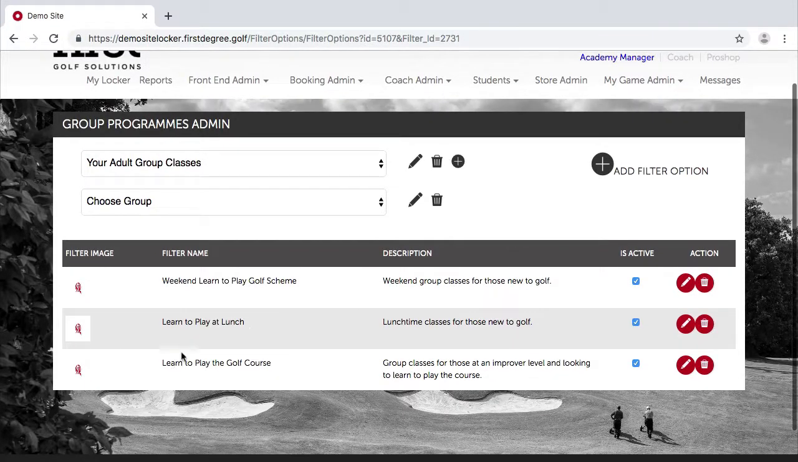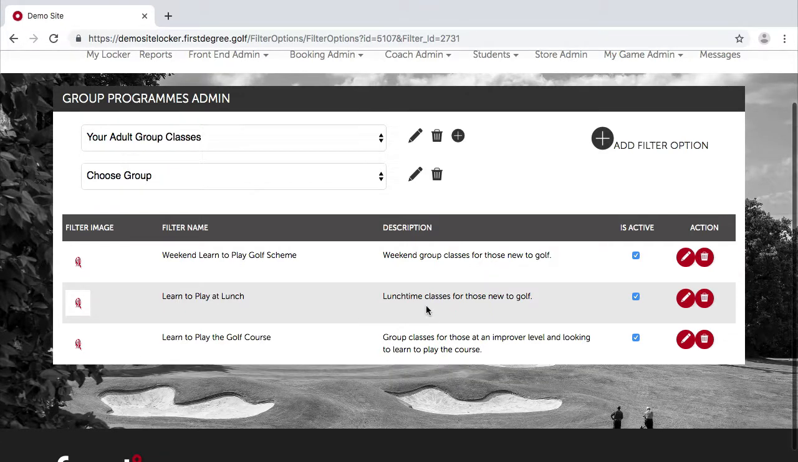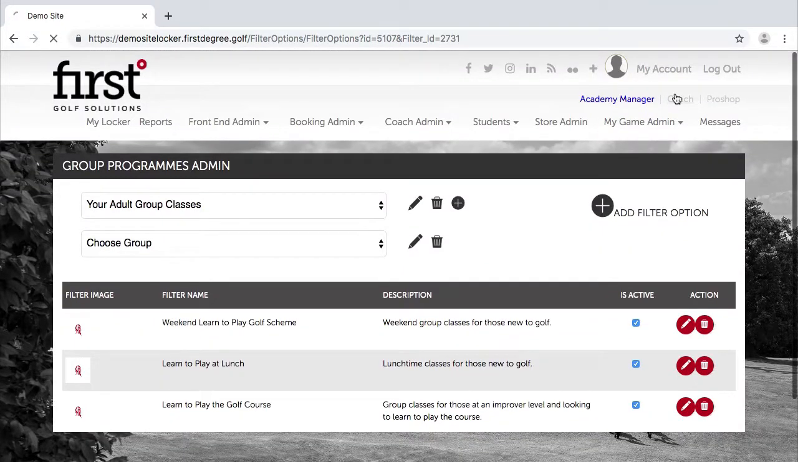Okay, so I've got 3 of my adult group classes that I offer in line with my coaching services that I advertise. So I've got my weekend learn to play golf scheme, learn to play at lunch, and learn to play the golf course, which is sort of an improver class or a follow-on from the learn to play golf scheme. So we can go back to the coach section